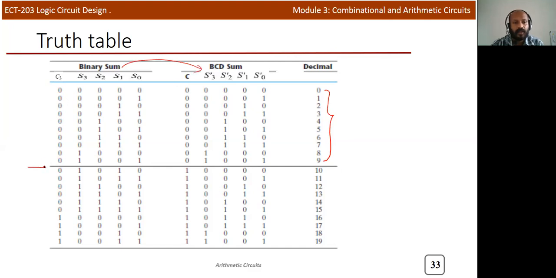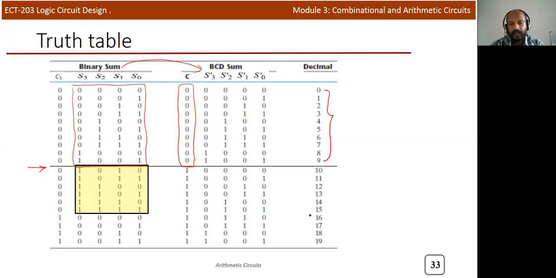So up to this particular point, for decimal numbers 0 to 9, the carry value is equal to 0. So here you can see that carry is equal to 0, and the 4-bit result S3, S2, S1, S0 will be exactly the same for BCD and the binary sum. Now we need to consider the other case.